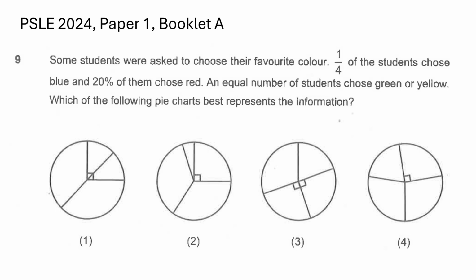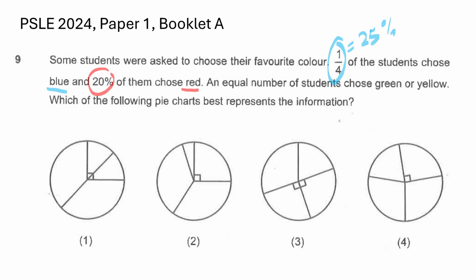Right, let's go back to the question and highlight some keywords. They say that 1/4 of the students chose blue, and we know that 1/4 can be represented by 25%. And then 20% of them chose red. In other words, the portion for red should be smaller than blue, as red is only 20% and blue